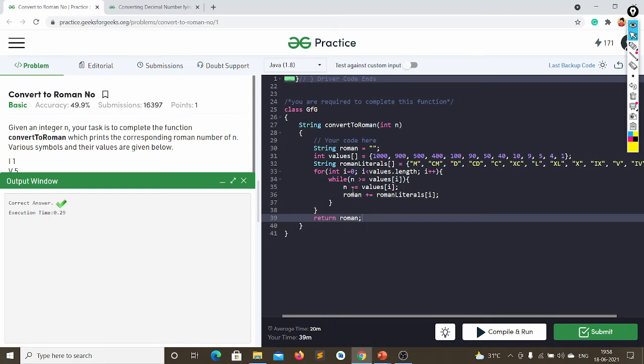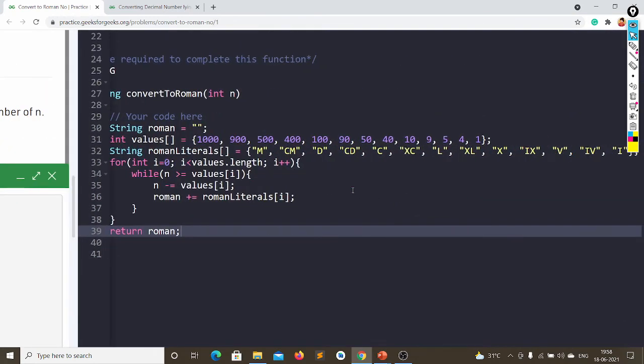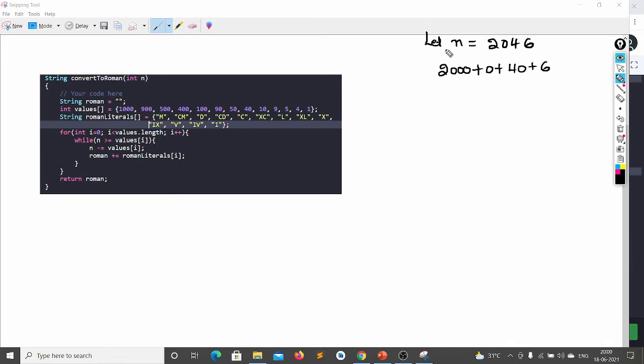Okay, first let's take n as 2046 and we can write it as 2000 plus 0 plus 40 plus 6. So let's see how can we trace the code. Okay, we have values and we have Roman literals. So for i is equal to 0, i less than values dot length and i plus plus means we are traversing over this values array.